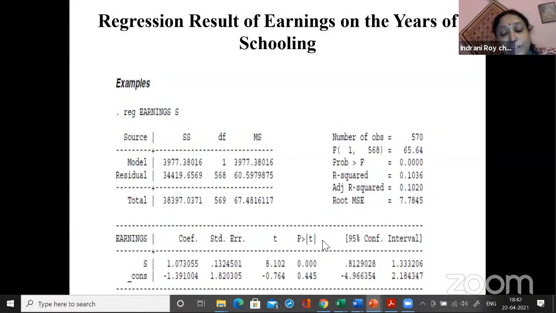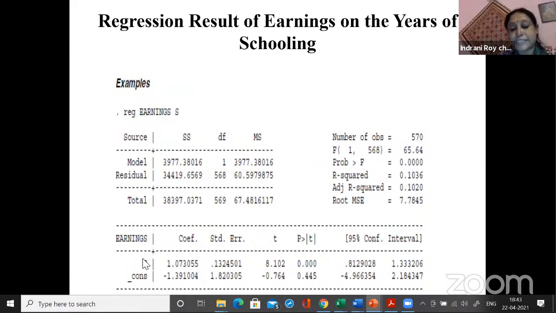So the rule of thumb is that for statistical significance, your p value will be close to 0. Look at this one. This one is close to 0. And this one has a t value of 8.102, which is pretty high, which means that it is statistically significant. This t value is low, lesser than 2, which is also established by the high p value, 44%. Okay, so you can check both the t and the p value to statistically validate your estimation exercise.